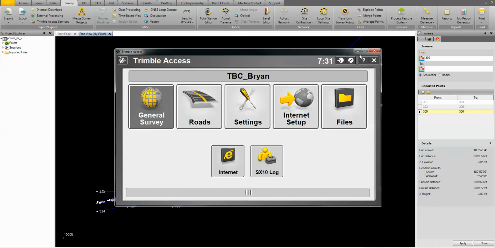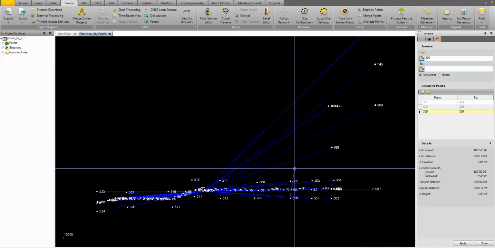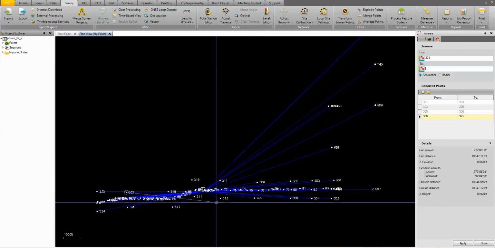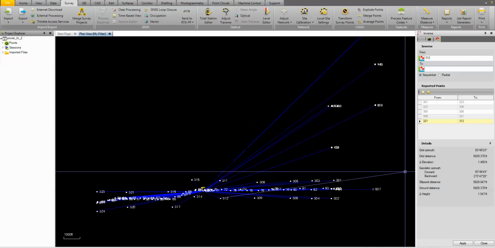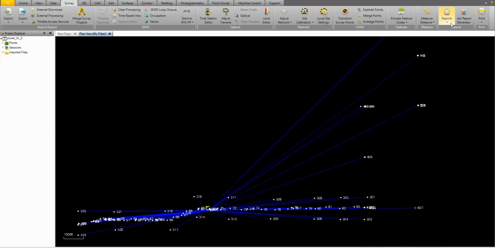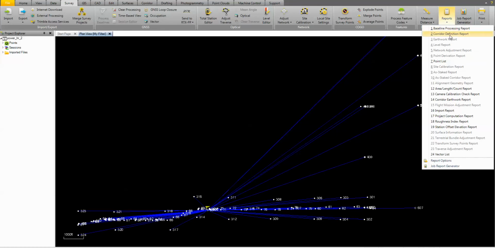Okay, so again, take some time to randomly inverse around your site, checking this relationship between the grid and the ground. So you can see that this data set's pretty good. I mean, there I just clicked between 2 points just under 6,000 feet, and they've got a matching grid and ground distance. Okay, so another thing that you might want to try is going into your reports,